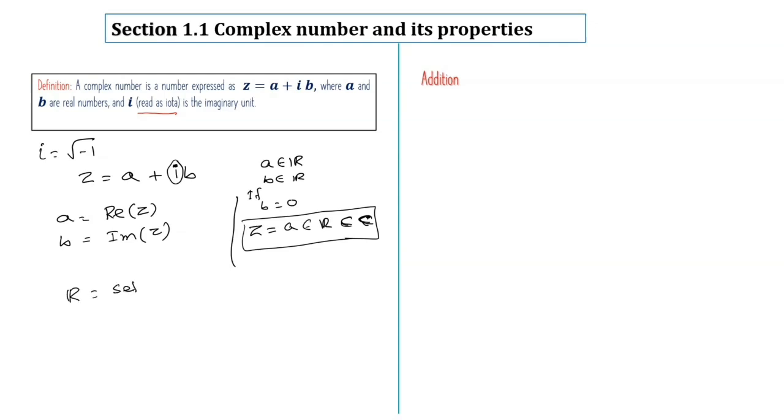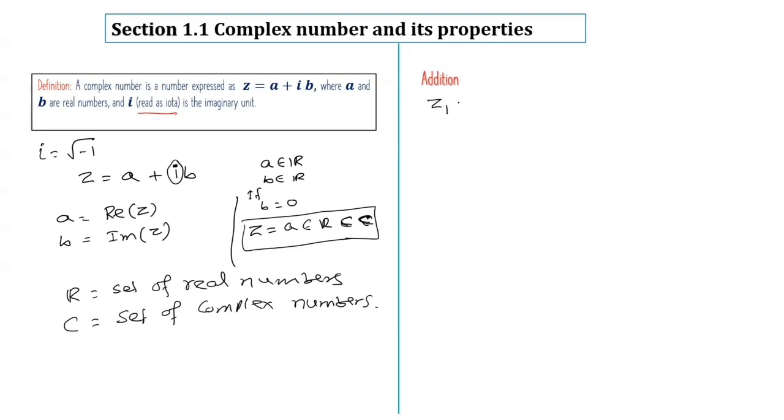Here R is the set of real numbers, while C is the set of complex numbers. Since we are discussing the complex number, the first thing we have to discuss further is the algebra of the complex number. So for that we first consider the addition,